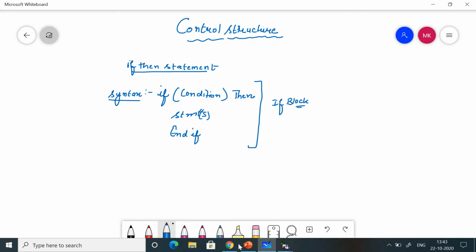If the condition is true, we enter into the block and multiple statements are executed, and after that we come out of the block. Let's explain the if-then statement with the help of a program. The program is: